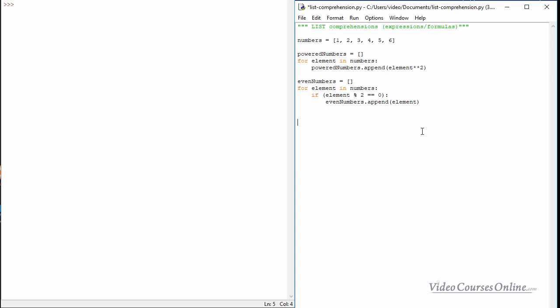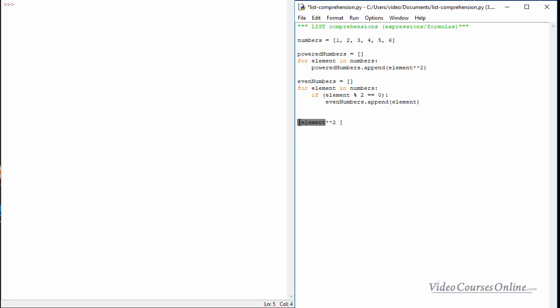Well, in order to do it, we're gonna type square brackets, and then we're gonna type firstly what we want to do with each item inside of the old list, like for example numbers. So we want to raise each of the elements to the power of 2, and then we need to say somehow inside the list comprehension, inside this expression, inside this formula,